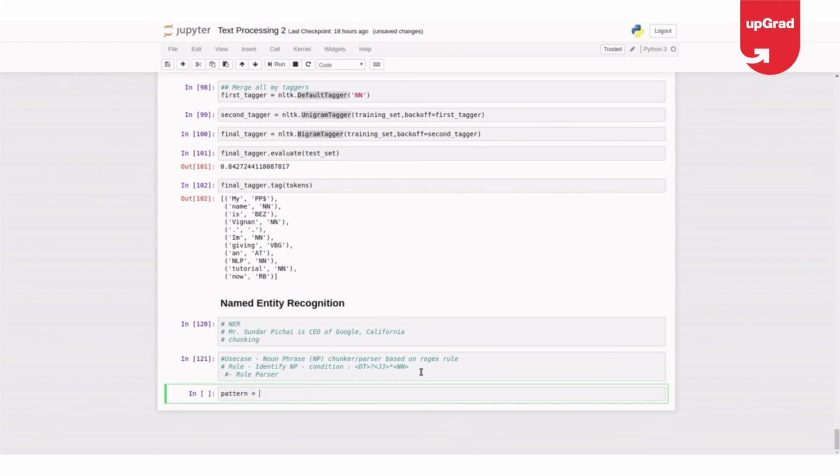The condition is it should have a determiner, which is optional, and it should have an adjective zero or more, and then it should have a noun. If these three things are there, it's a noun phrase. Right, guys?